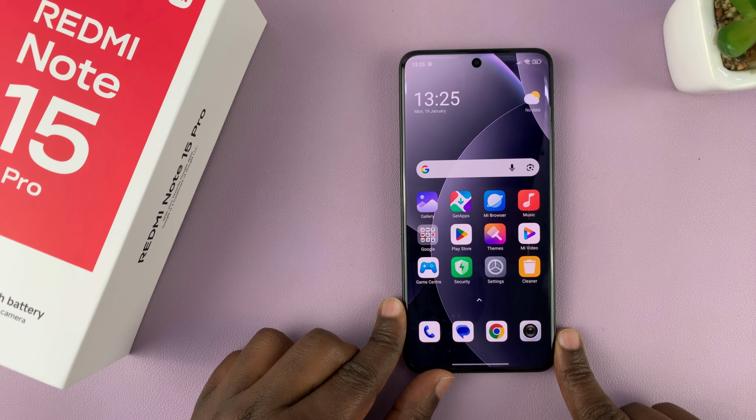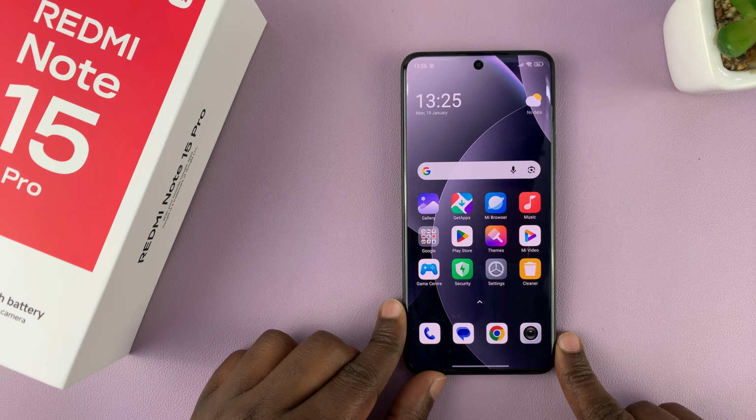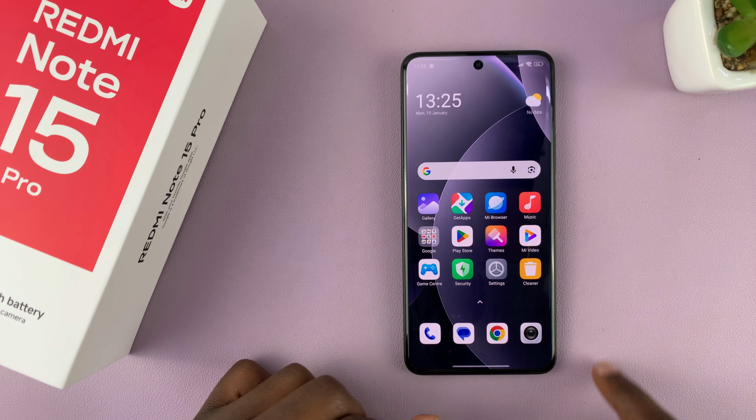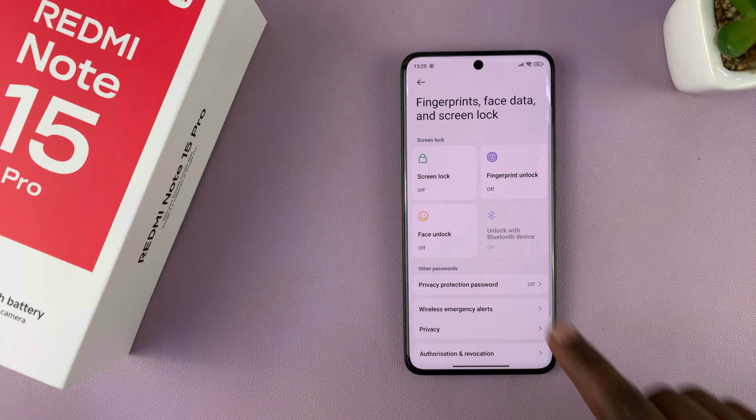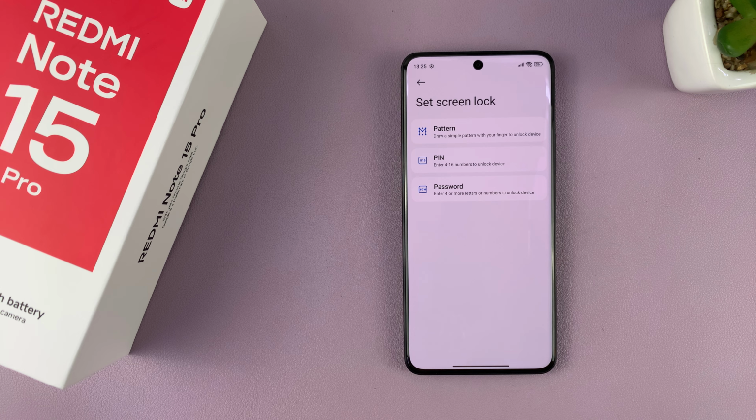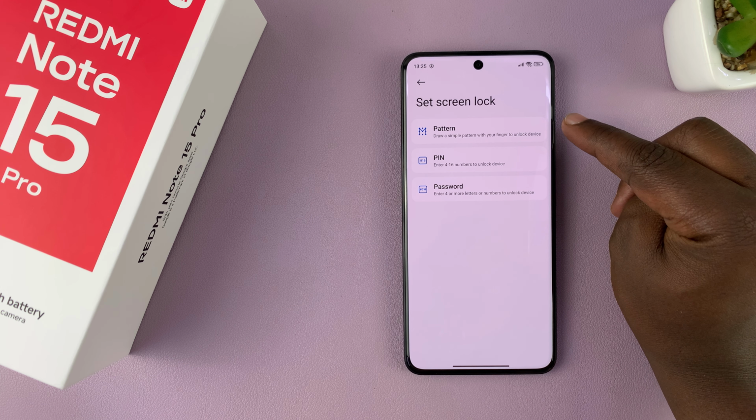To set a lock screen password on your Redmi Note 15 Pro, you want to go into Settings. Under Settings, you want to scroll down to Fingerprints, Face Data, and Screen Lock. Tap on that, and then tap on Screen Lock. Now, of course, you can choose pattern, pin, or password as your lock screen password, depending on what you like